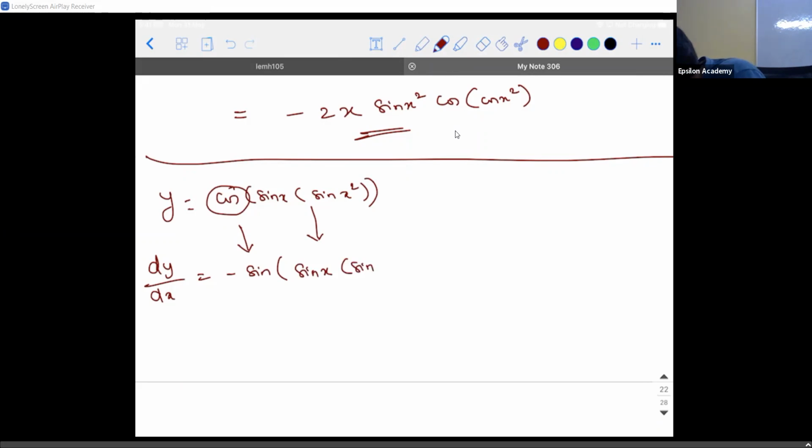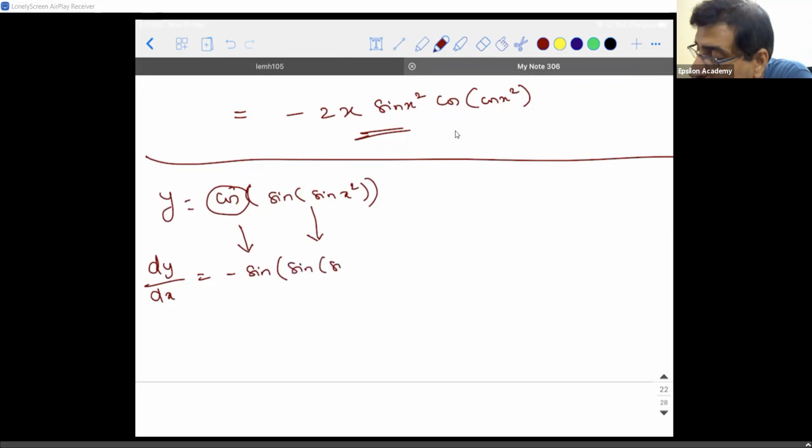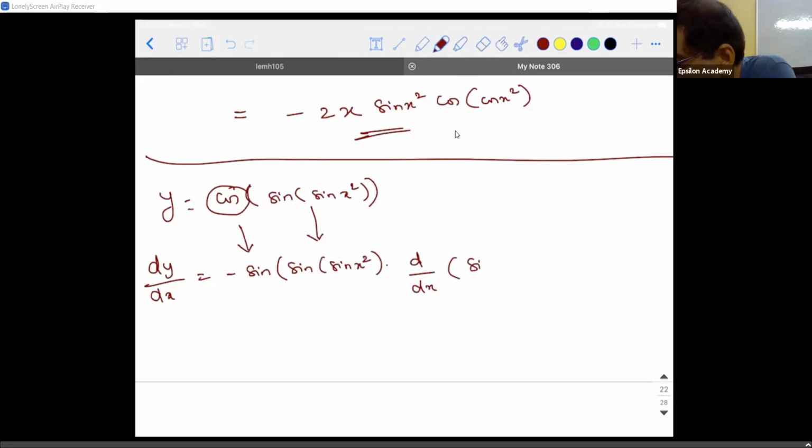Oh, this I wrote as sin x into sine of x square. Sorry, sine of x square. I'm sorry, it's my mistake. Now tell me. Sir, Ankit, try it again. Sine of x square, sir. Sine of x square into d by dx of sine of. Very good. Sine of x square. That's it. Sine of sine x square. Okay. So this one will be undisturbed.